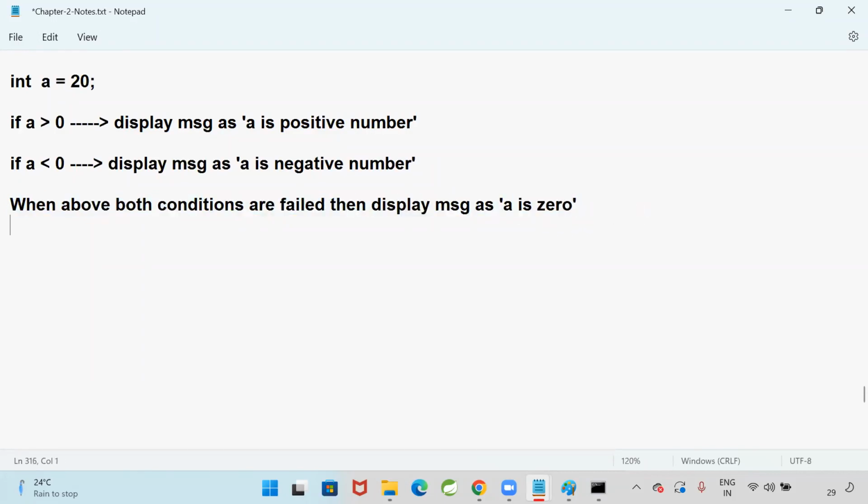For this, the syntax is like this. That is the if, else if ladder. We need to go for the if, else if ladder. If, now I am going to check condition 1. I'm going to check if condition 1 is satisfied,